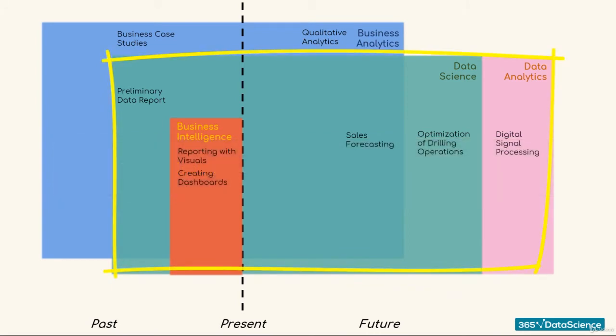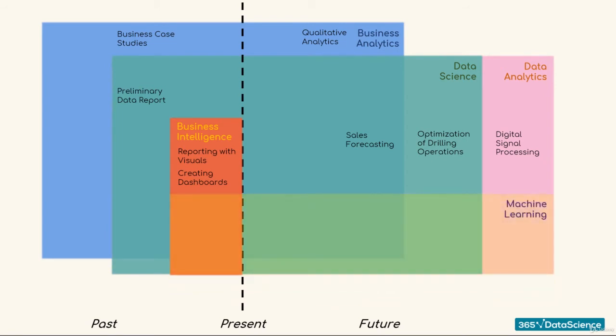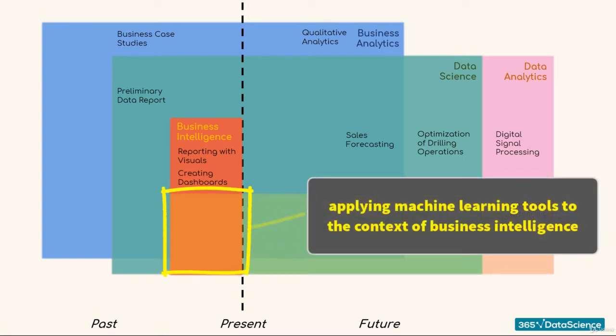This could be considered as a bold statement to make, as it is debatable whether this is correct. Some argue that data analytics and ML are two unrelated scientific fields. For the sake of argument, we will let the machine learning and data analytics rectangles overlap. And, in a moment, we will exemplify some areas that could be considered parts of both disciplines. Moreover, ML should expand slightly to the left of the vertical line. The reason for that is the increasing tendency towards applying machine learning tools to the context of business intelligence.